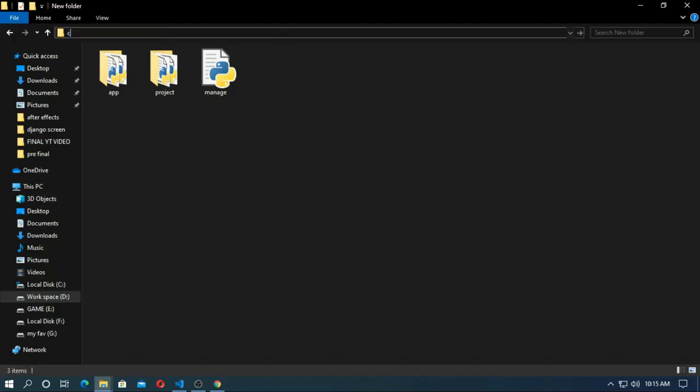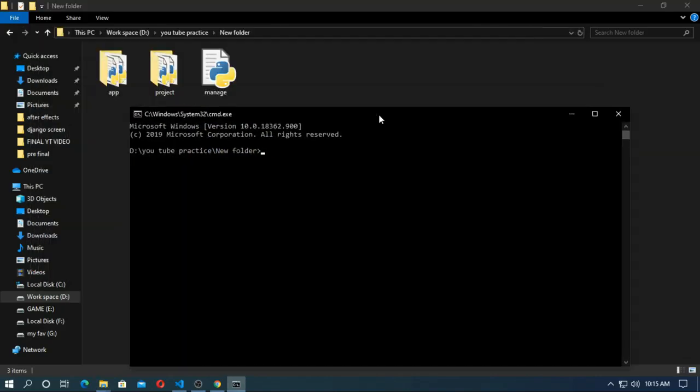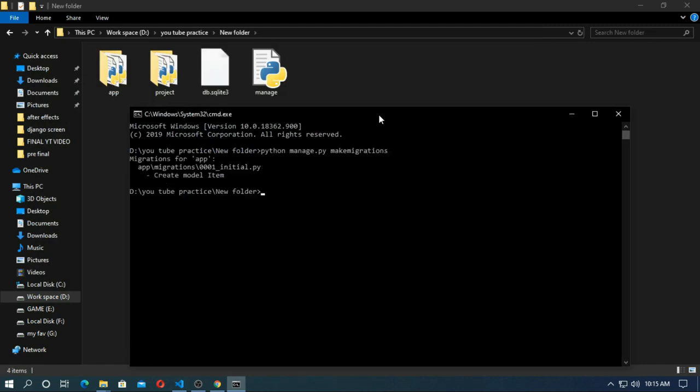Now in CMD type python manage.py makemigrations. Then migrate it, python manage.py migrate.